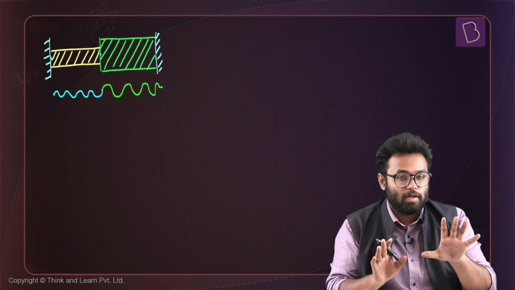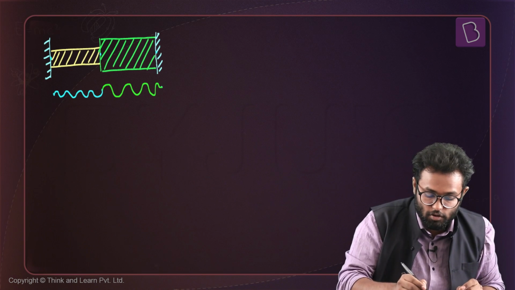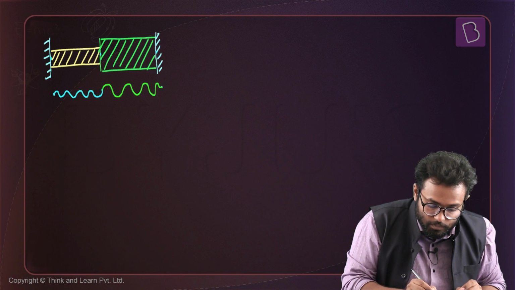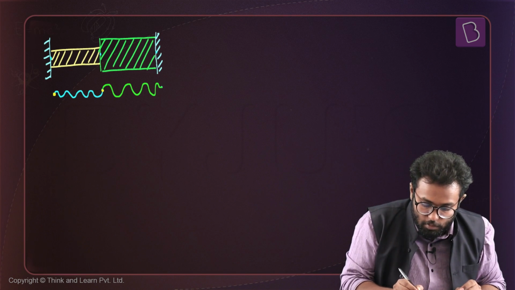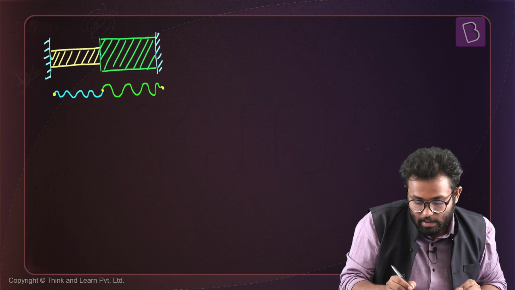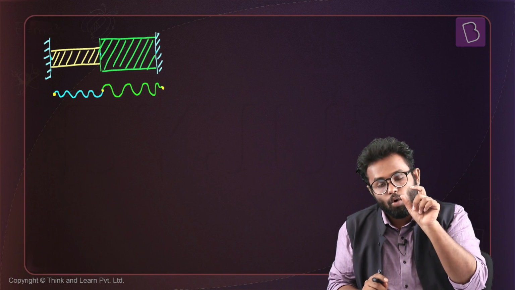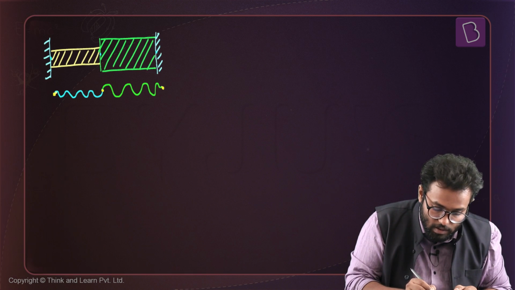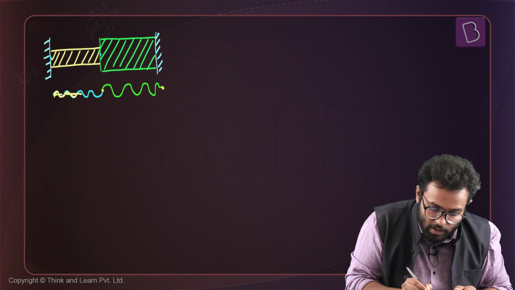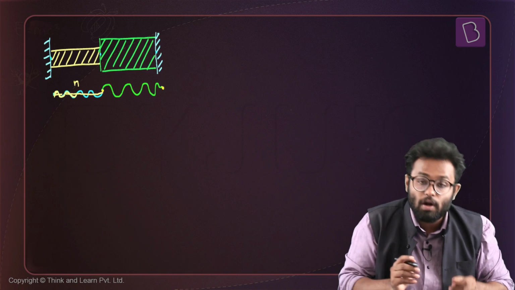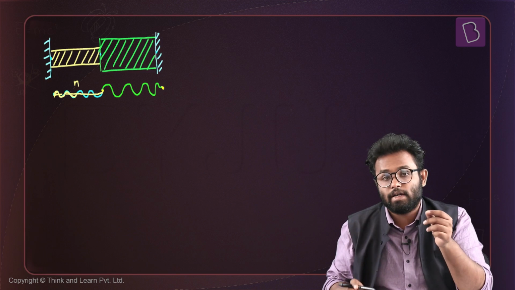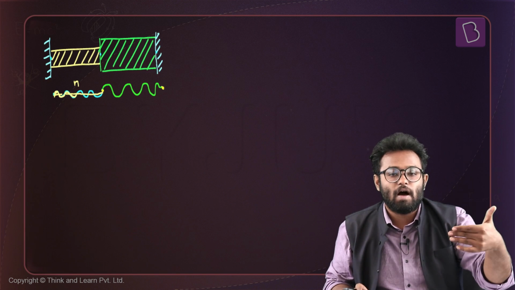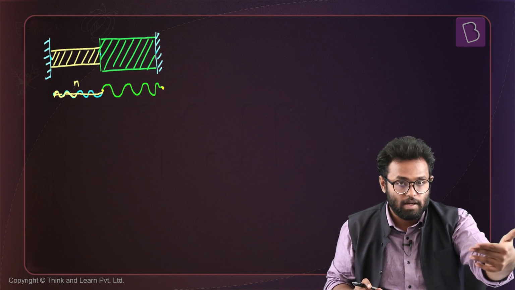The frequency is the same, is what we are told. So the wavelengths need not be same. But the point is, these points are nodes. So there can only be some whole number multiples of the half cycles. So here is a half cycle. 1 half cycle, 2 half cycle, 3 half cycle, 4 half cycle. Like this, there are half cycles, right? There can be only a whole number multiple of that half cycle. It can only be like some 5 half cycles or 7 half cycles or 8 half cycles